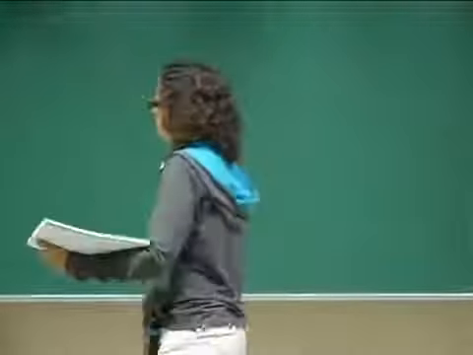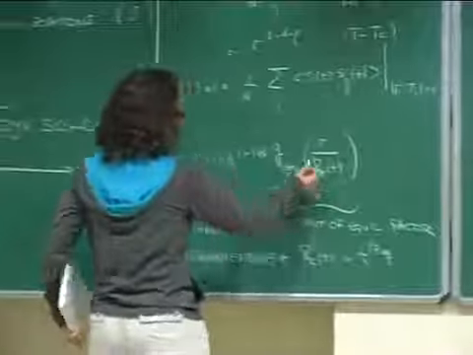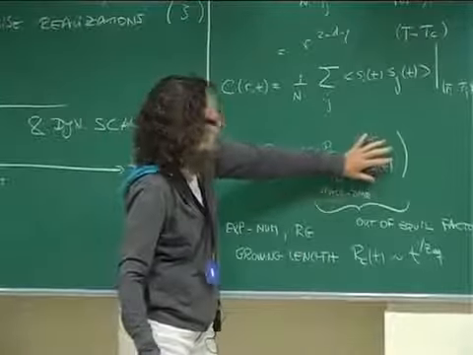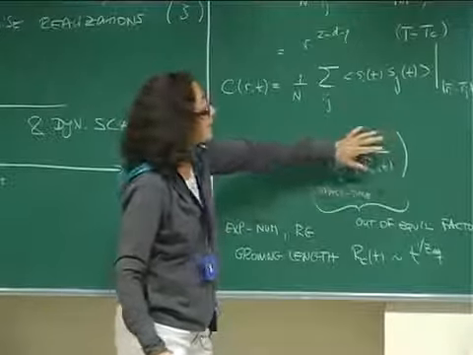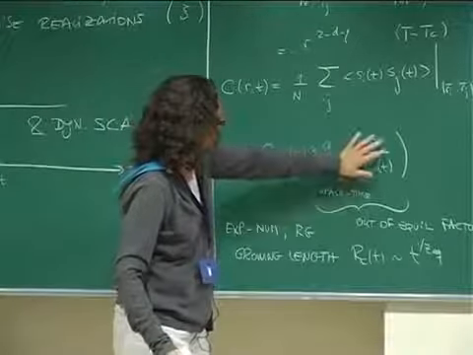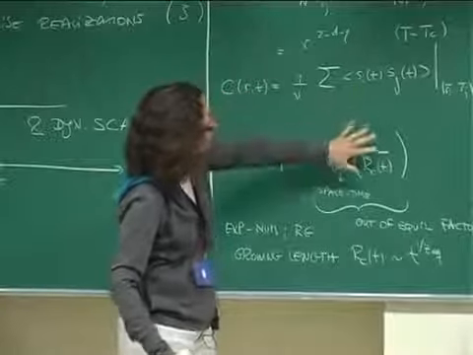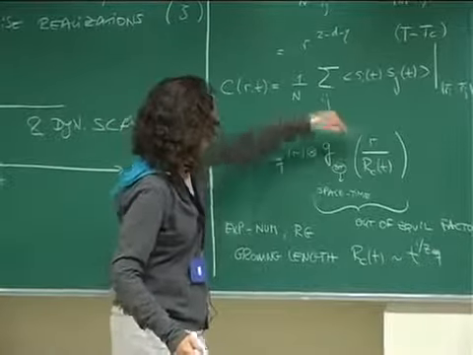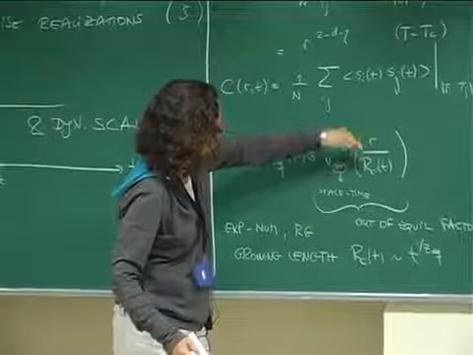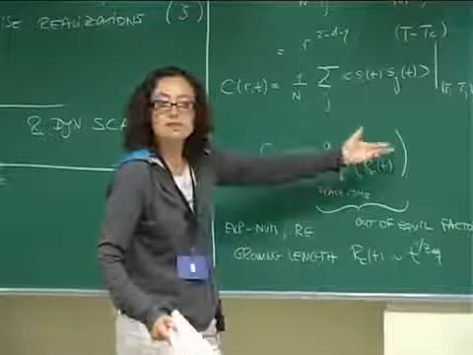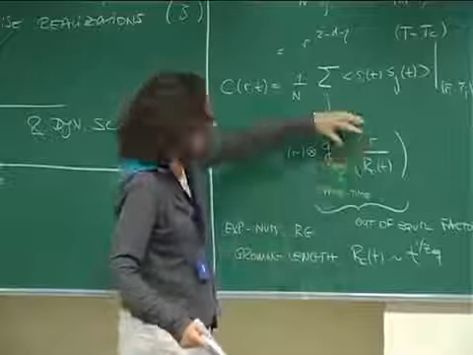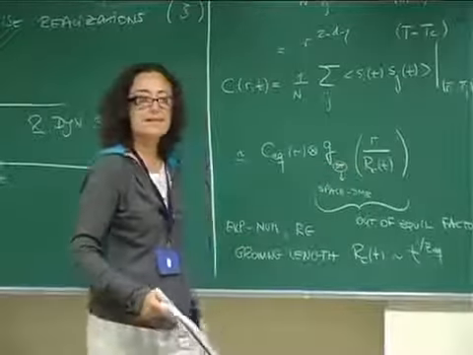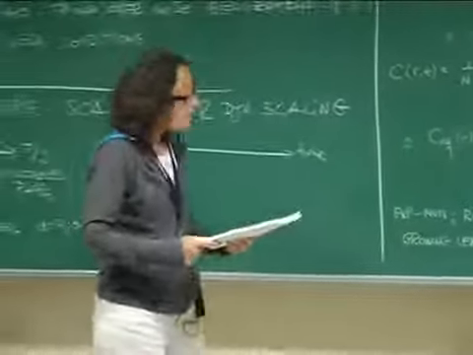And you see that this length is the one that controls whether this argument of the scaling function is much smaller than 1, let's say. When it's much smaller than 1, this goes to the constant I was talking about over there, and you recover the equilibrium relaxation. While if you go to distances which are beyond this RC, then this is not a constant. It's important, and it's the thing that will allow you to scale the data, as I said yesterday.